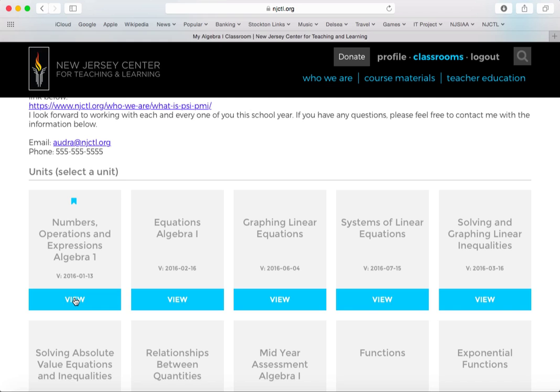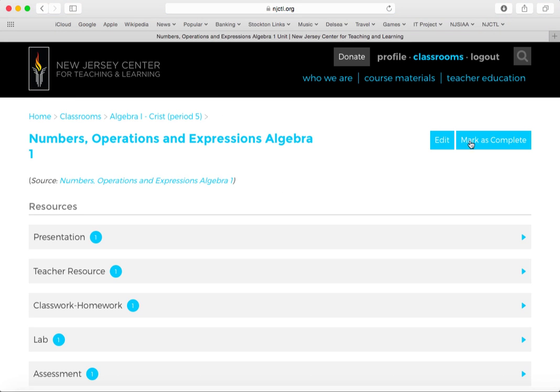After you finish a unit, you can go into it. So I'm going to press the View button. And then you see this option in the upper right-hand corner, Mark as Complete. We can press that button. Notice that it changes to complete after you press it. That means that you have finished with this unit. So now I'm going to go back to my classroom,